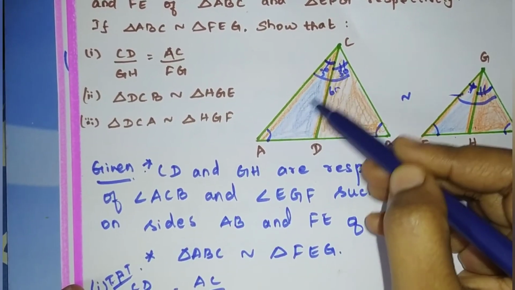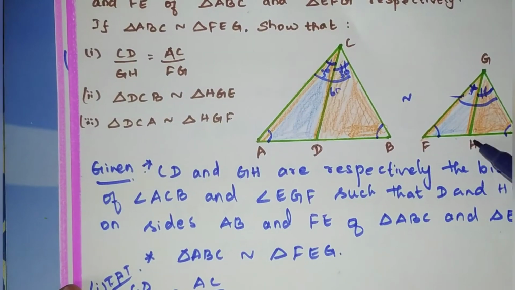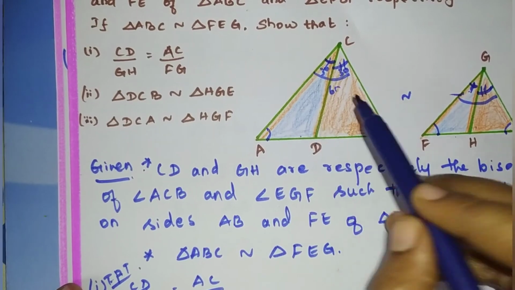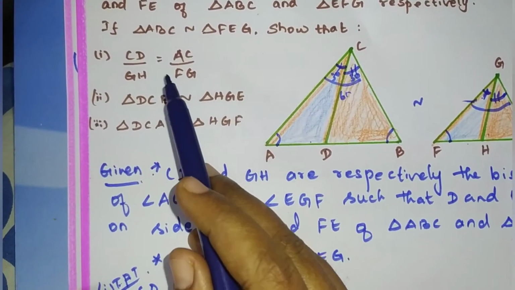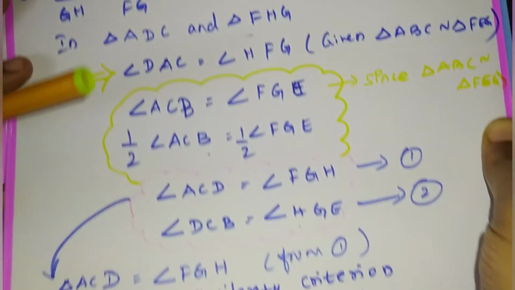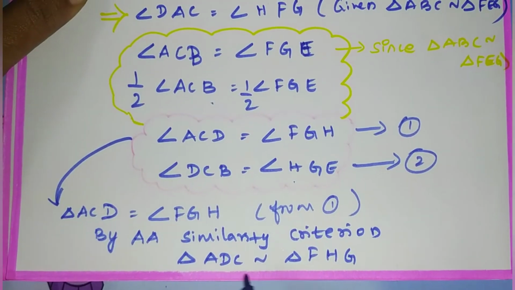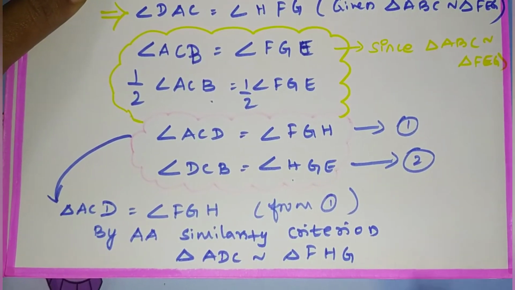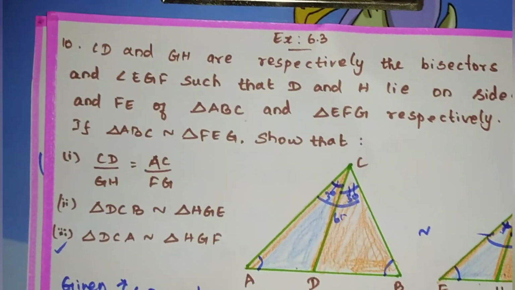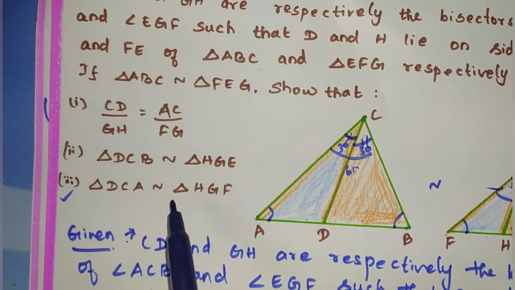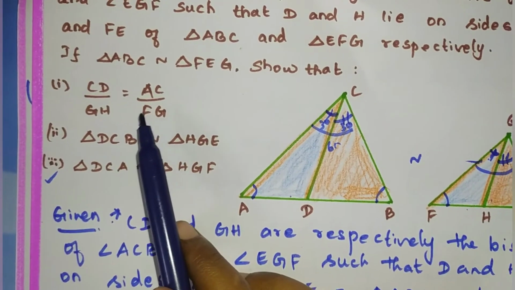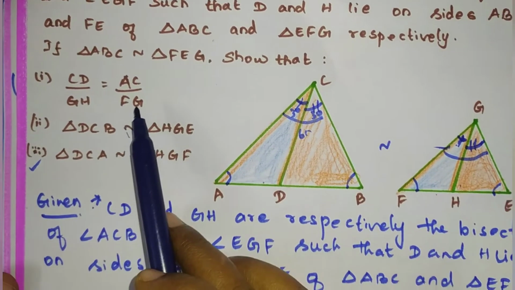DCA, this triangle, blue color triangle, and HGF. Just now we proved that the two triangles are similar. After that only we concluded that the corresponding sides are equal. Clear? So we already proved this one. That is ADC. Here it is. ADC is similar to the triangle HGF. Clear all of you? Is there any doubt? So for the third subdivision already we proved in the first part. After that only we concluded that the corresponding sides are proportional. Clear? Thank you.